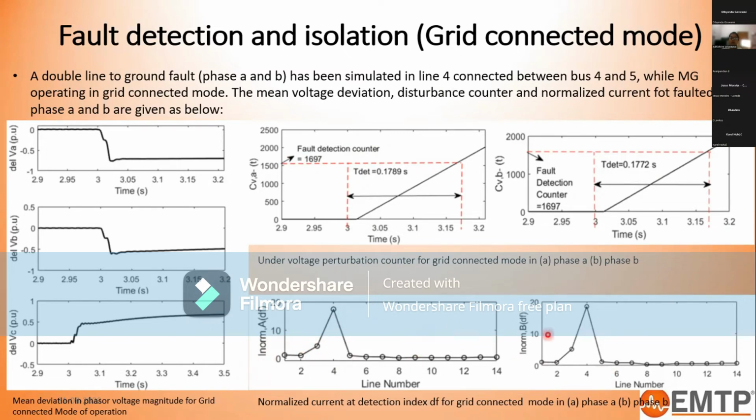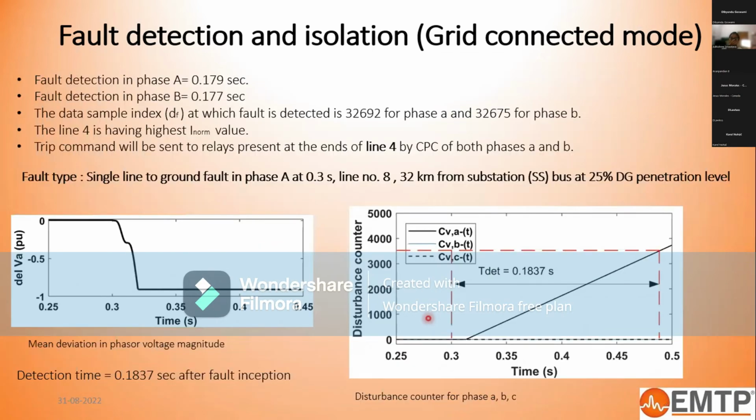So from here, CPC will know that line 4 requires the trip command. In this one, the detection time is this one and the faulted line is line 4. Again, the same principle has been applied for another case, a single line to ground fault in phase A at 0.3 seconds, where the line number is 8, it is 32 kilometers from the substation, and here there is 25%